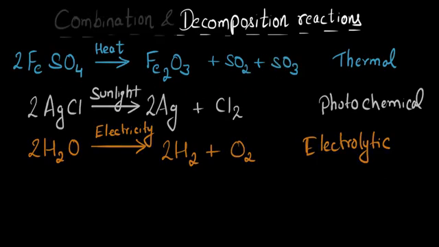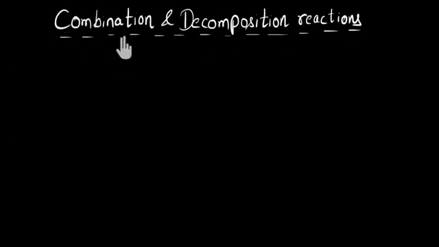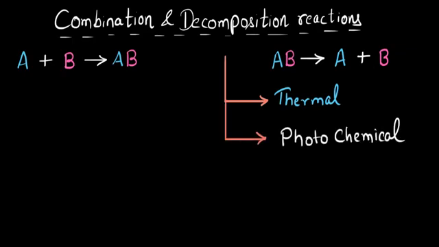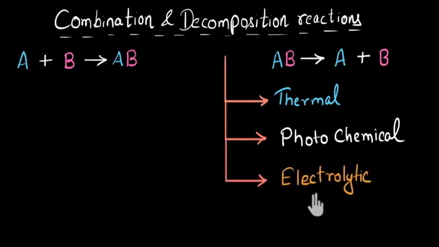So now we have studied a lot about decomposition reaction. Let's now summarize this video. We saw that combination reactions are those in which multiple reactants combine to give one single product, whereas decomposition is totally the opposite. Here, one reactant decomposes into multiple products. And we also saw that generally this requires energy because we have to separate atoms, which will require some energy, right? And if this energy is given in form of heat, then it's called thermal decomposition reaction. Whereas if this energy is given in form of light, it will be called photochemical decomposition reaction. And if the energy is given in form of electricity, then this will be called electrolytic decomposition reaction.